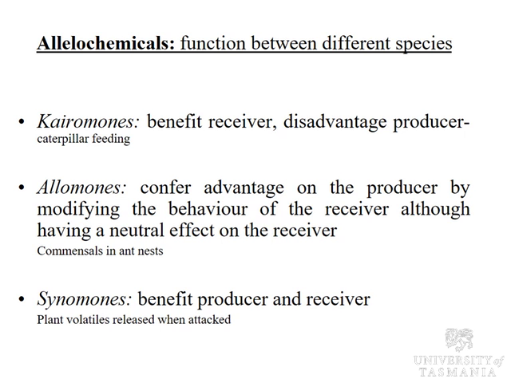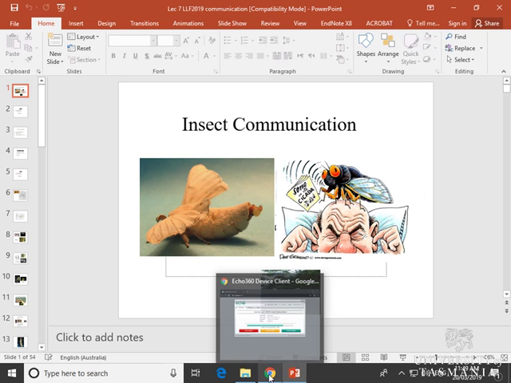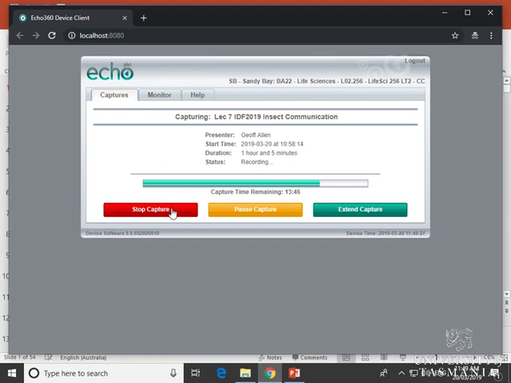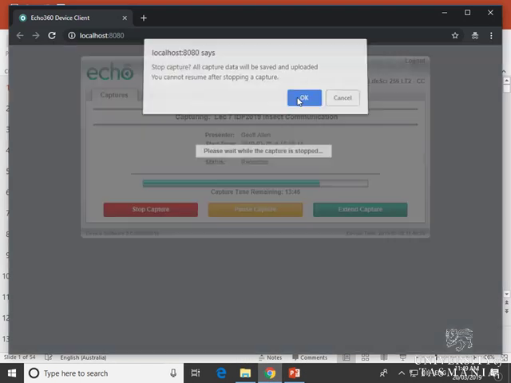And the synomone benefits the producer and the receiver. So if you're coming from the plant's perspective, with that caterpillar example, it's producing a volatile that benefits it because it's getting natural enemies coming along and killing what was feeding on it. So a number of different combinations and possibilities in that. And that, I think, finishes that lecture. So we'll finish that. I've got a few clips and things for those of us